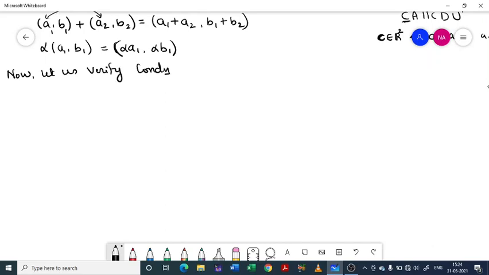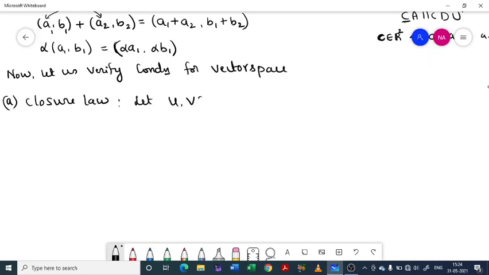Conditions for vector space. First one, A, closure law. Closure law will be just like defining an operation. Let u, v belong to R square and